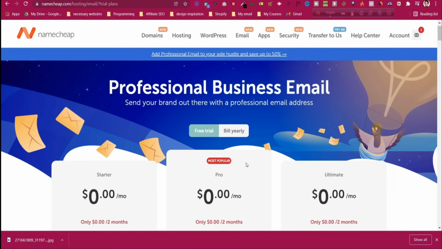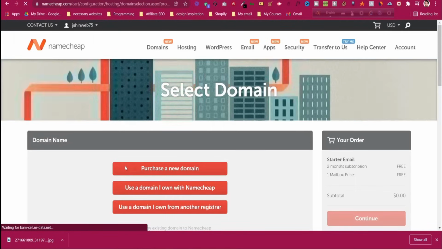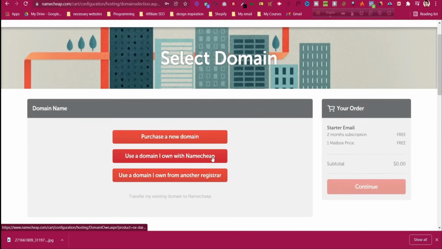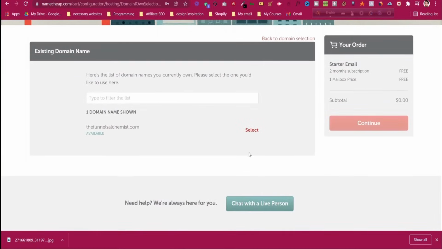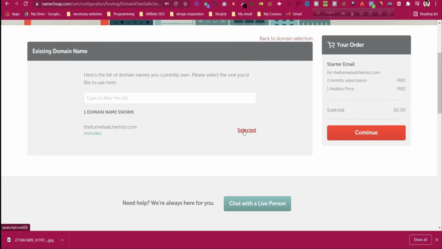Okay, so which trial plan we wanted to go, we wanted to get this. After that, I also use the domain I own from Namecheap. So I will just select the domain that you have. This is the domain I have purchased from Namecheap. I will select that and then click continue,